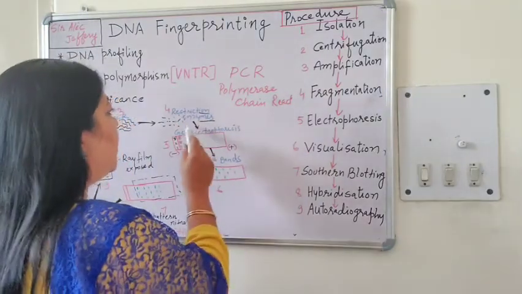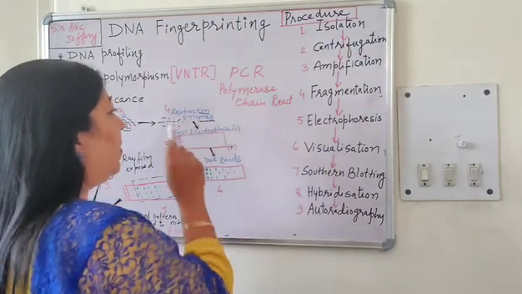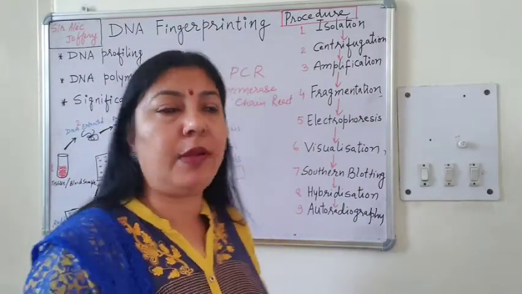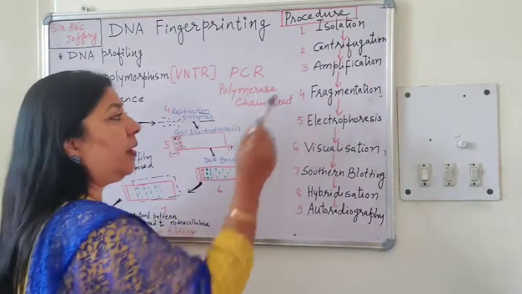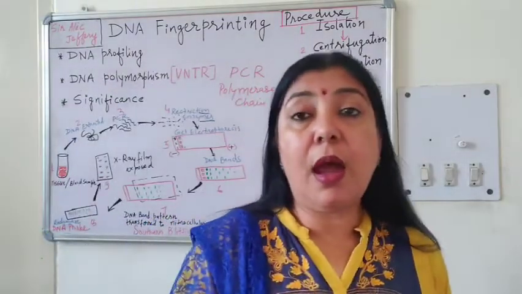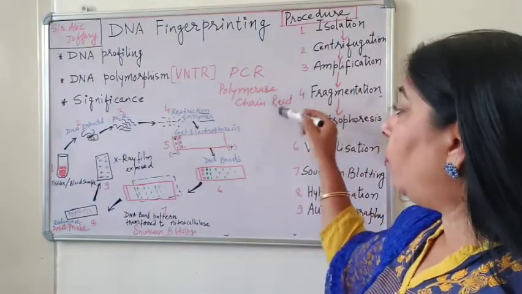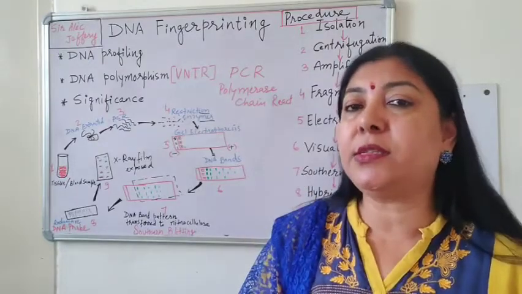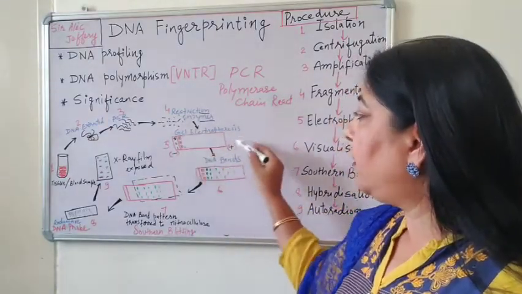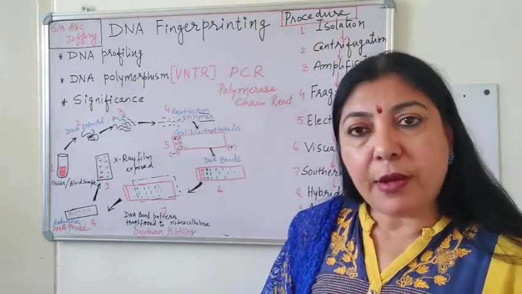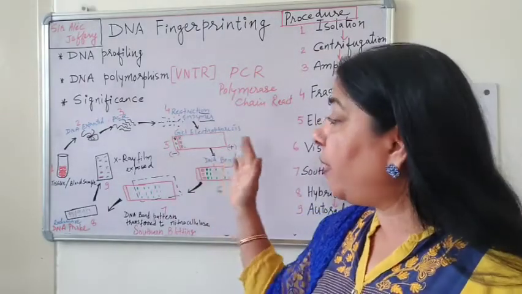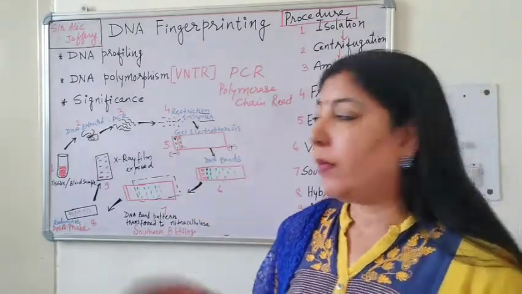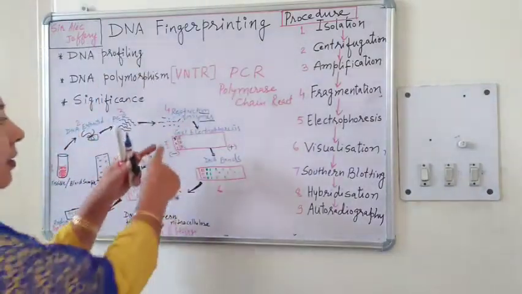So the next step is the fragmentation, where these fragments of a long DNA are cut into small fragments, right? So this is fragmentation. Now, after fragmentation, those fragments are subjected to gel electrophoresis. This is a technique where the fragments of DNA are separated from each other under the electric field. You can see this one. This is a setup of